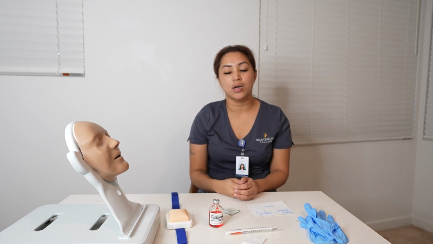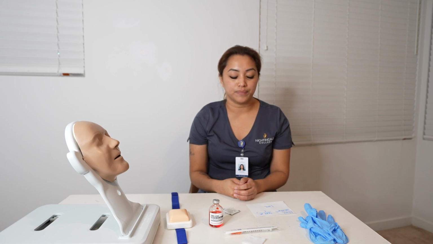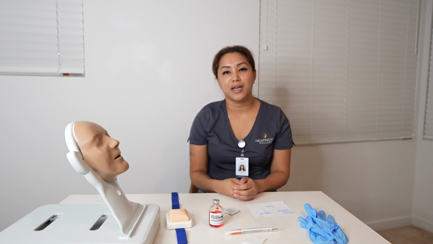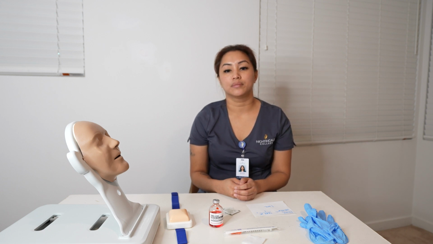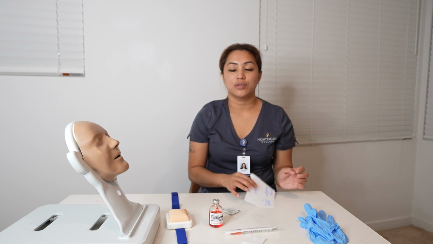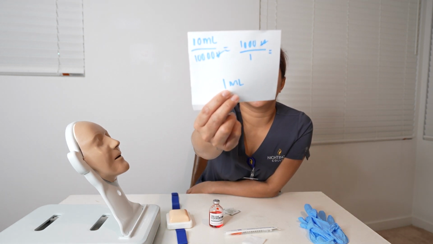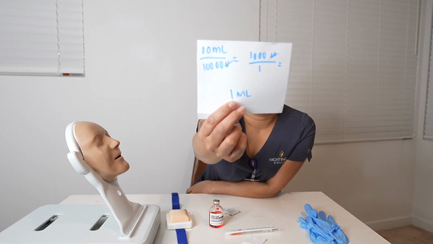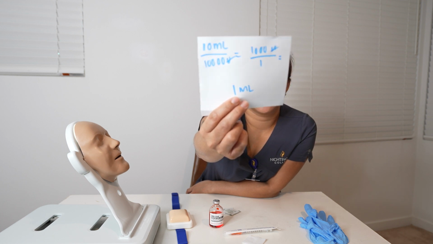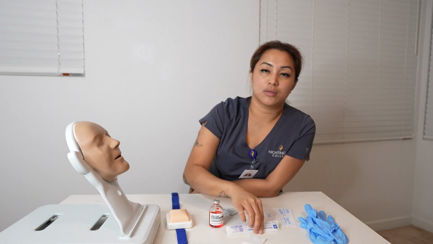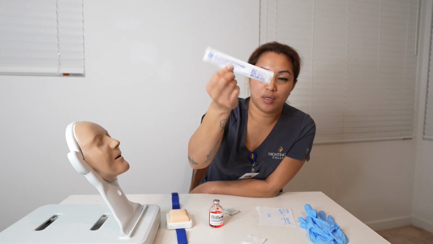Alrighty, before I start, I'm going to check the EHR. The EHR and the MAR say 1,000 units of heparin. My dosage calculation is 10 ml over 10,000 units equals 1,000 units over 1 equals 1 ml. So that is 100 units, that's 1 ml. I have a 1 ml